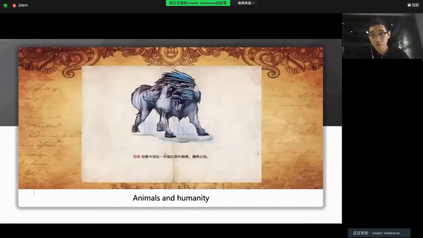And the animals inside the game can talk. For example, some animals will tell you little stories about other characters, and you can get more info and decide how you will choose after that, because there are some clues inside the animal's talk.